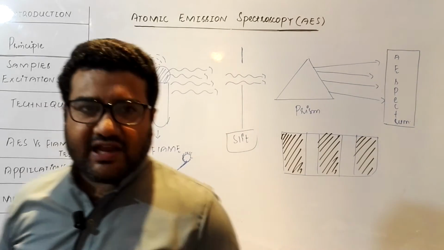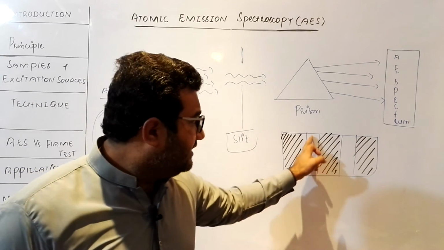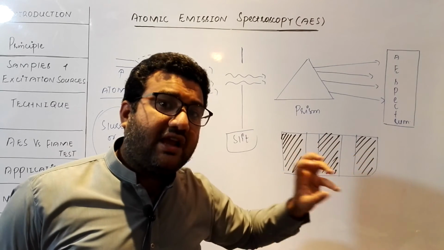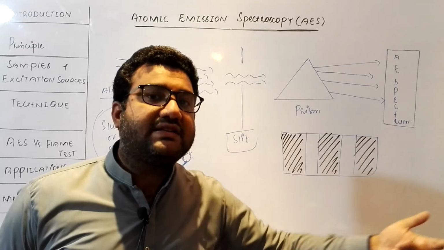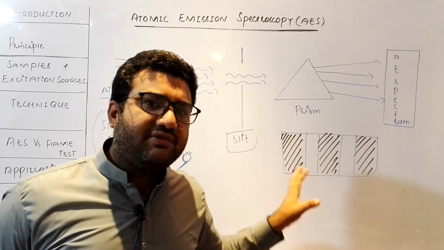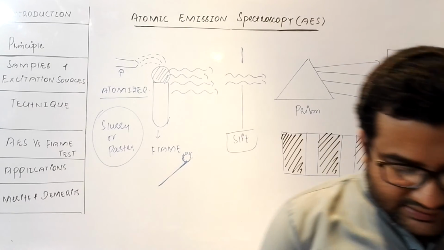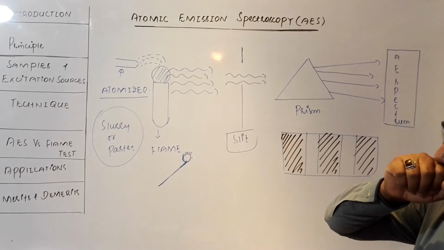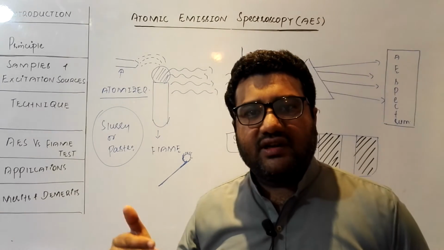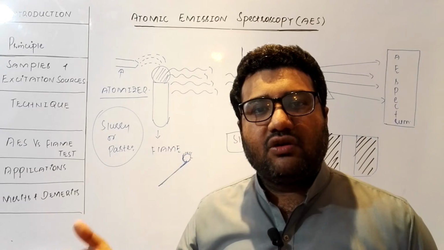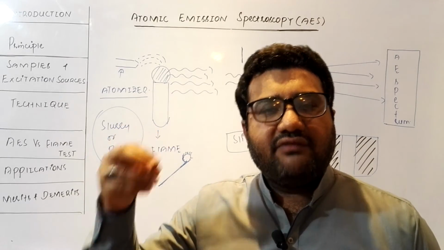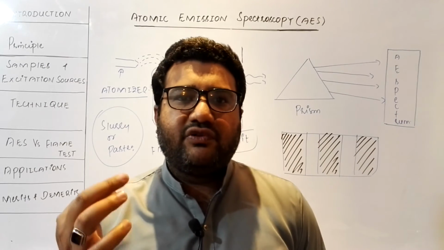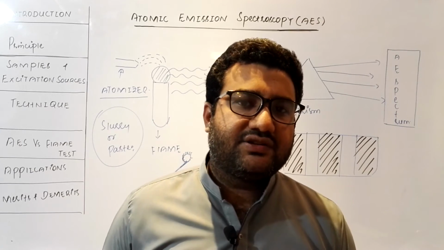Atomic emission spectrum has bright spectral lines because these are the energies which are emitted. These are the photons which are emitted. So the emitted photons appear in the form of the bright spectral lines, while those which are absorbed will have the dark background. So the background will be dark and the lines will be bright. This is the technique which is used for the detection of the atoms of the different elements, because atomic emission spectrum of every element, every atom, will be different from all other atoms depending upon the photons that were emitted during the de-excitation of the electrons.